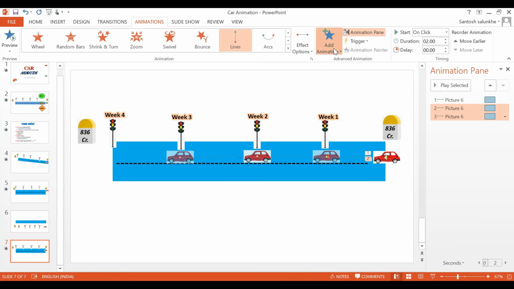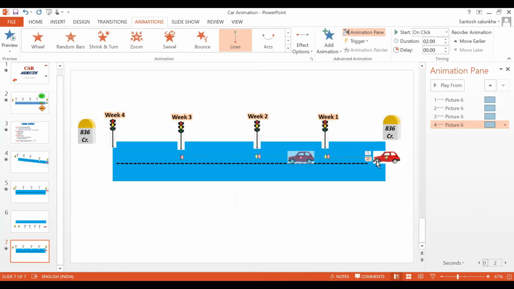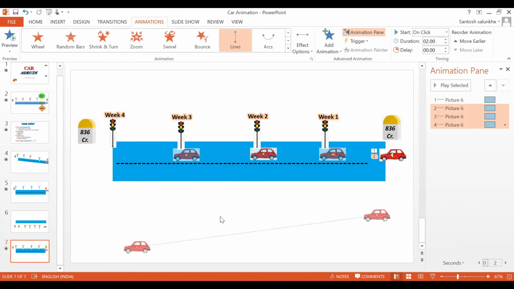Now I have to show from third to fourth. So again we make it at the fourth. This point we have to drag down. Now this is the car's moving path, which you can see here.